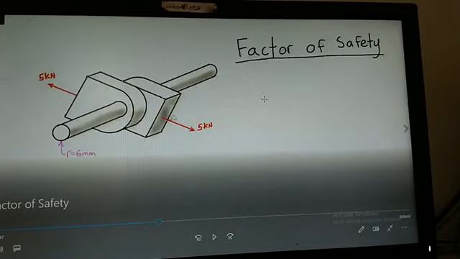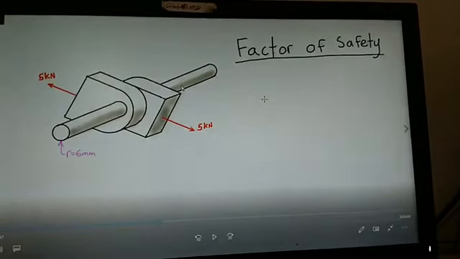Okay, the load acting on the plate is 5 kilonewton. This load is to be transferred to the rod, then only it will undergo shear, right? So that's why I am giving the ultimate shear strength of the rod as 100 megapascal, and the force is 5 kilonewton. Diameter of the rod is 6 mm. Please try to calculate the factor of safety of this rod.